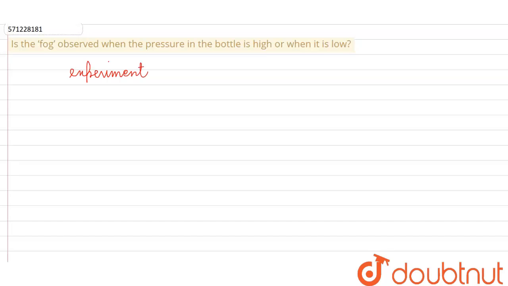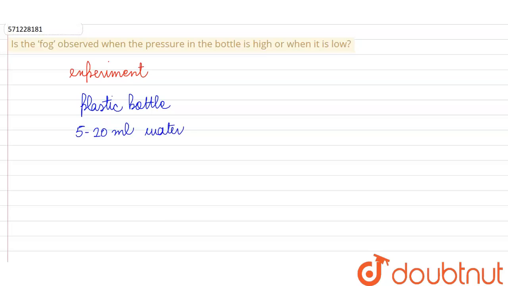Now in this question, we are talking about an experiment that is given in our class 9 science NCERT. We are going to discuss what the steps of the experiment are. First of all, in this experiment, we take a plastic bottle, the kind of bottle in which bottled water comes. After this, we put a very small amount of water into this bottle. We take 5 to 10 ml water,